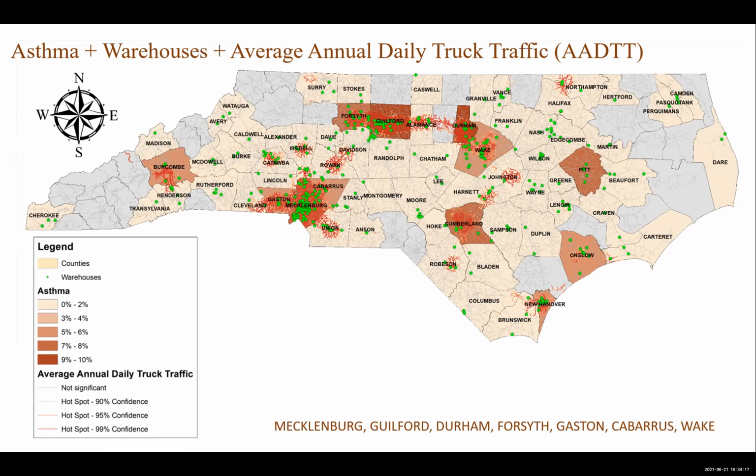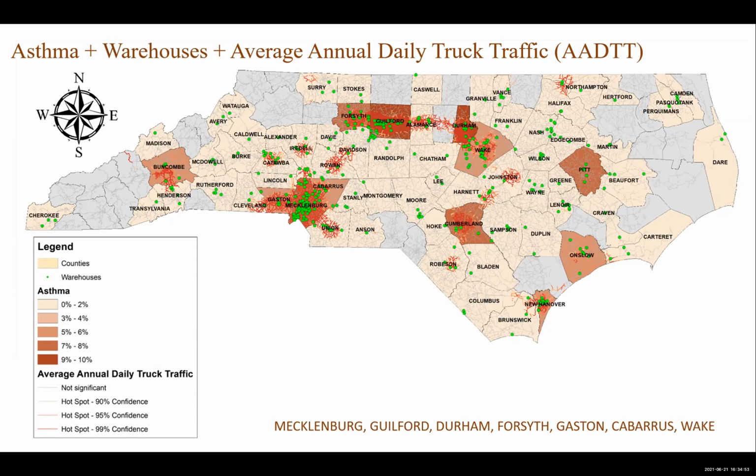We've done the health impact assessment in West Oakland you saw in the prior work, but aren't quite there yet on the air pollution monitoring work associated with the transportation and warehouse facilities in this specific case study. We have colleagues that are working on source apportionment projects in Salt Lake City and back trajectory models that will inform this work. But again, even just using the eye test here, you can generally see we're looking at where the warehouses are, where the higher asthma prevalence is, and where average annual daily truck traffic is,